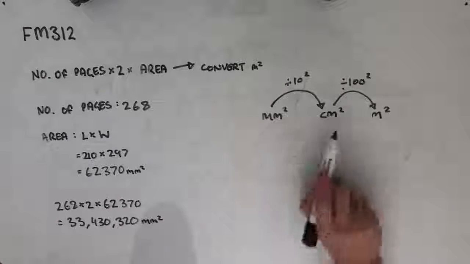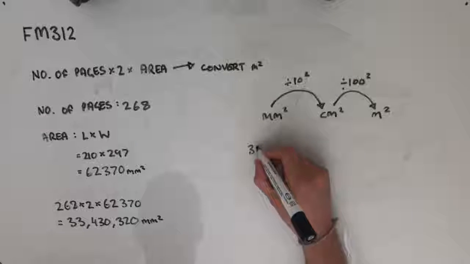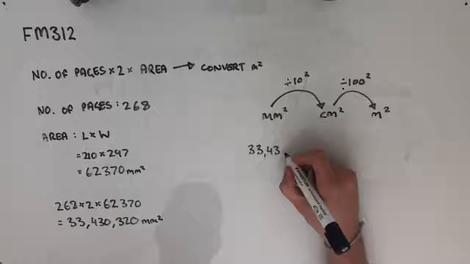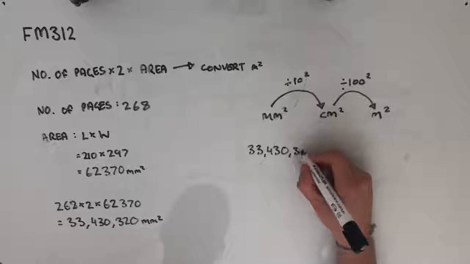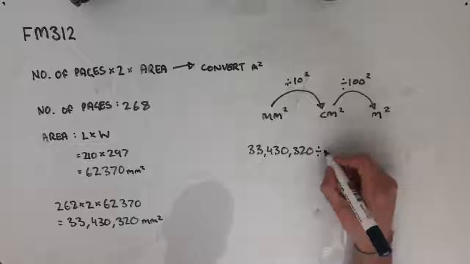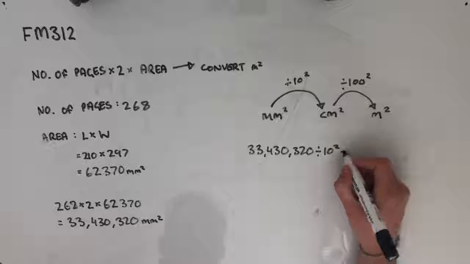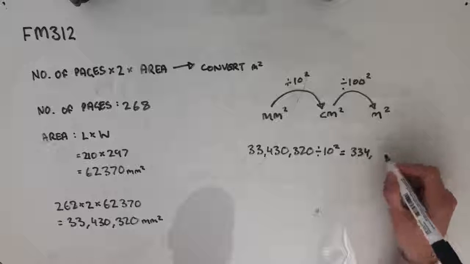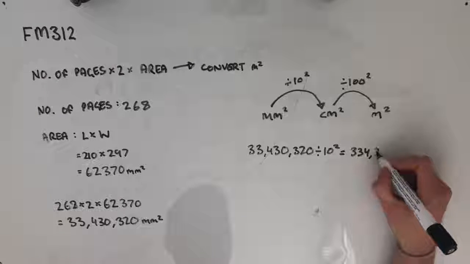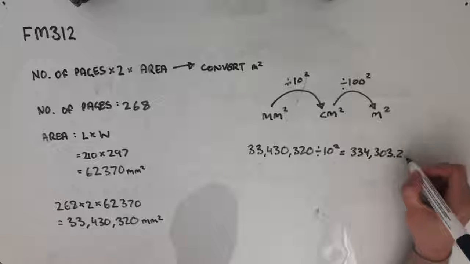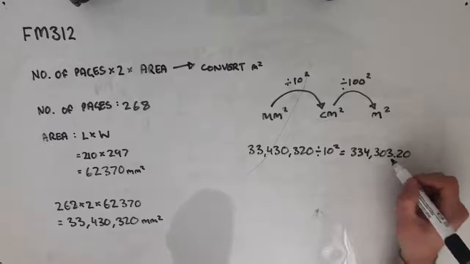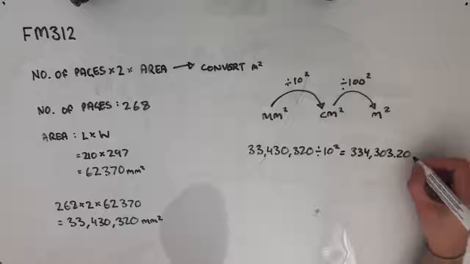So in order to take our 33,430,320 millimeters squared to centimeters squared, we're first going to divide it by 10 squared. So we have our 33,430,320 divided by 10 squared, and that's going to equal 334,303.2